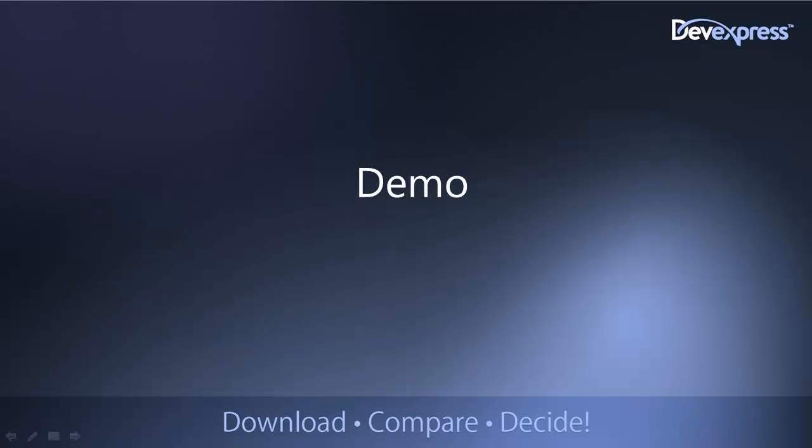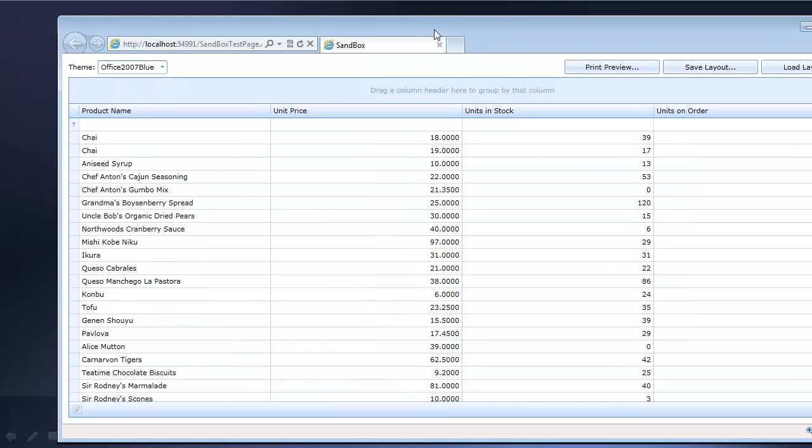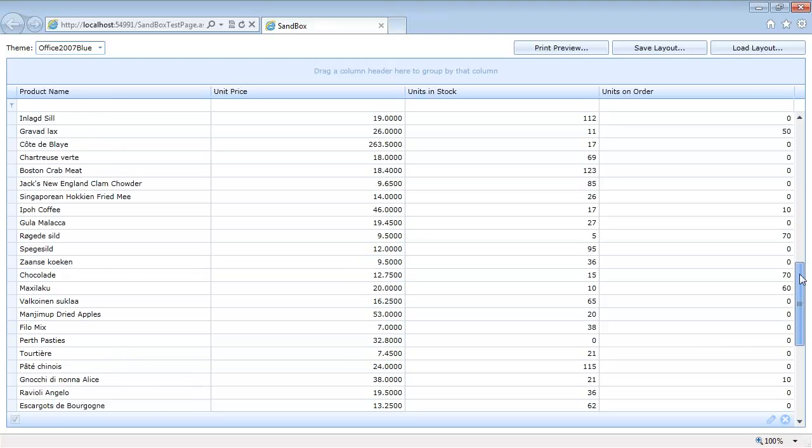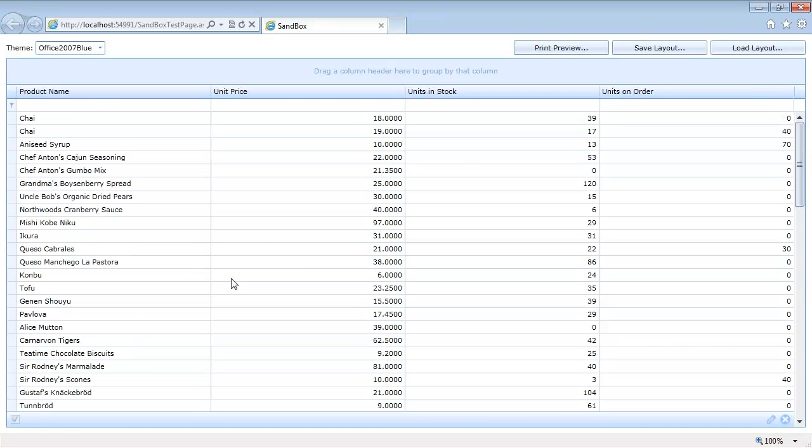Basically, this is what it will look like when it's done. Let me bring this over here. All right, so when the application is implemented, this is what we want it to look like. So this is a standard grid bound to the sample Northwind database. Nothing exciting here. I have some custom columns set up, and I have a drop-down box up here that lets me change the themes at runtime. So I would select deep blue, for example, and you'll see that the theme is applied to all the